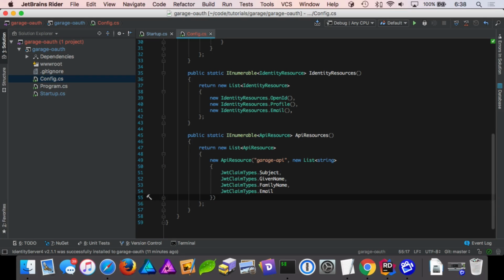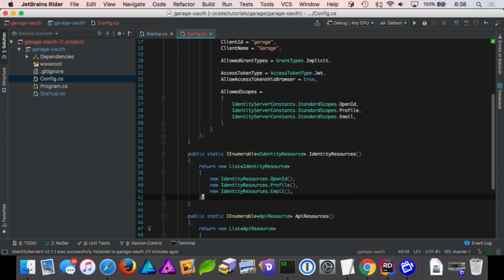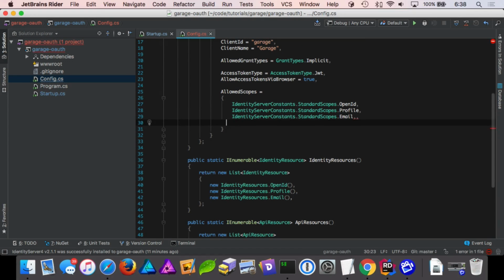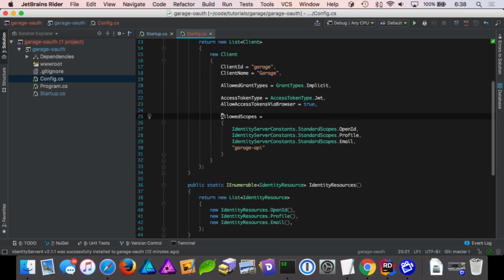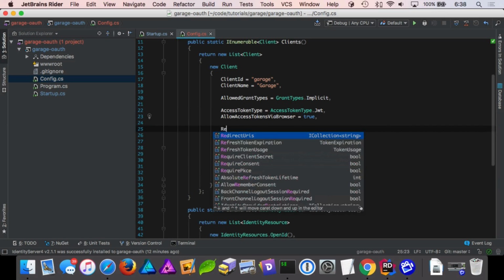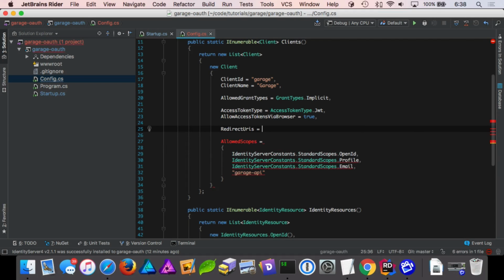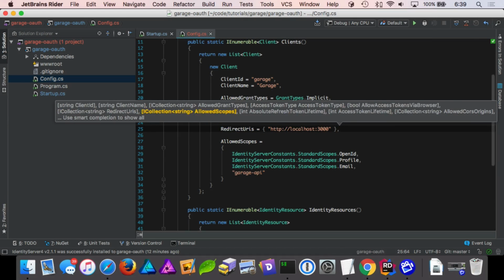And then finally, what we need to do is, now that we've defined this API resource, we need to make that available as our scope. And then finally, what we'll do is, we've defined this client. What we also need to do is tell it how do we go back. So when a client says they want to log in, we say, well, they're allowed to log in from, and here we'll just do localhost port 3000 because we're doing a create React app, and that's the default port that